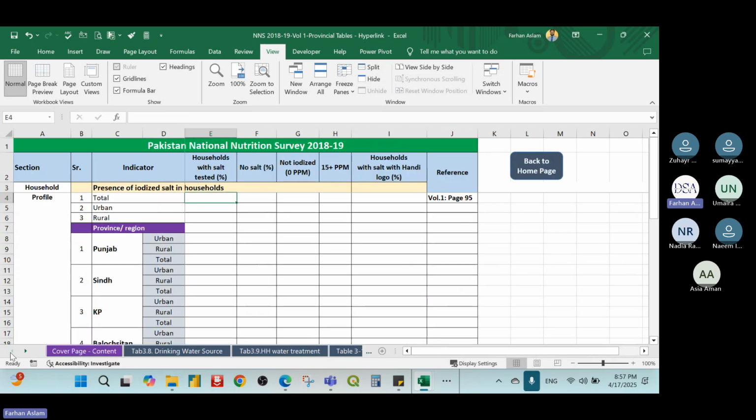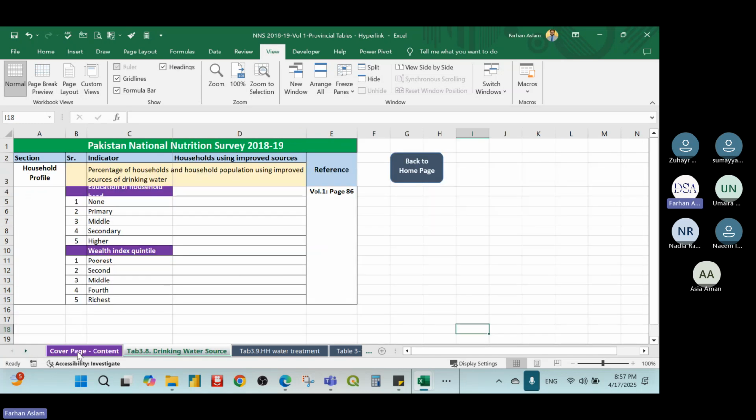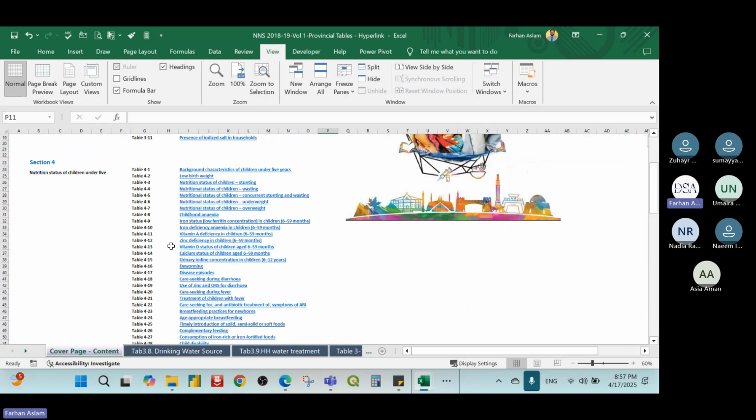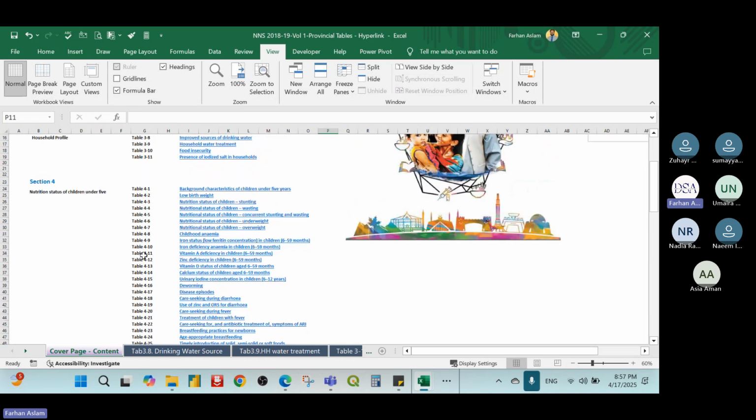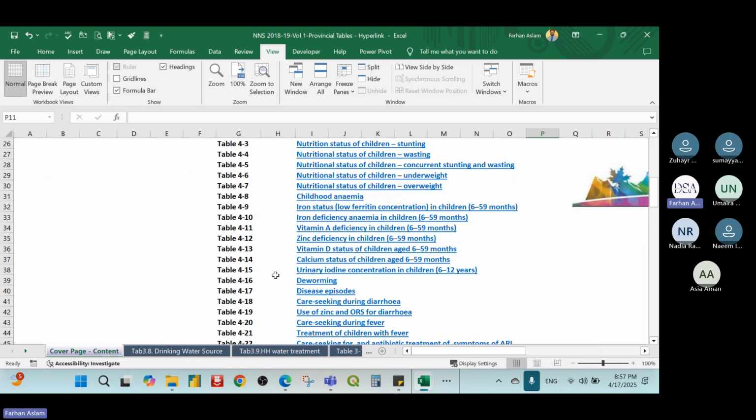We added hyperlinks on each sheet. For example, on the cover sheet, there are 99 table details. If you want to go to any table, for example table number 4.13, directly instead of moving the cursor and moving through your sheets like this,